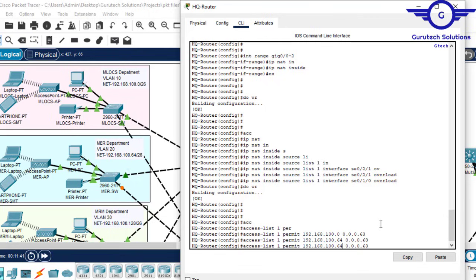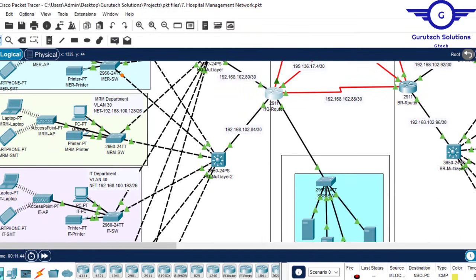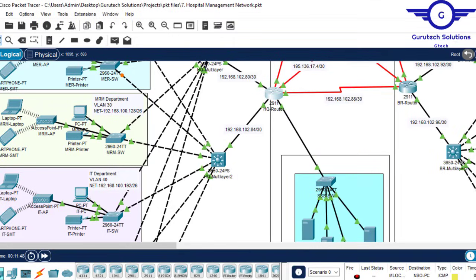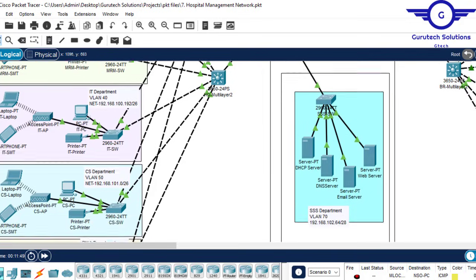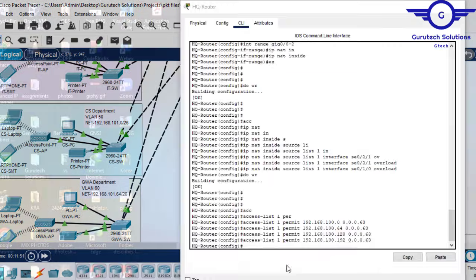Then another rule should permit .128 with the same wildcard mask, and scroll down. Another rule should permit .192 with the same wildcard mask. Then another rule should permit